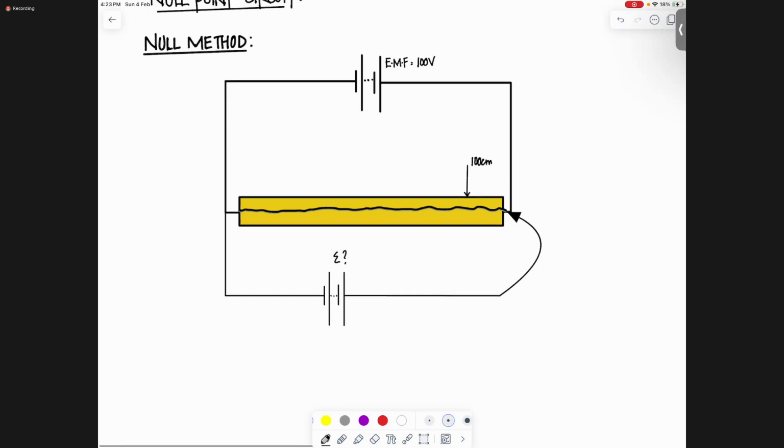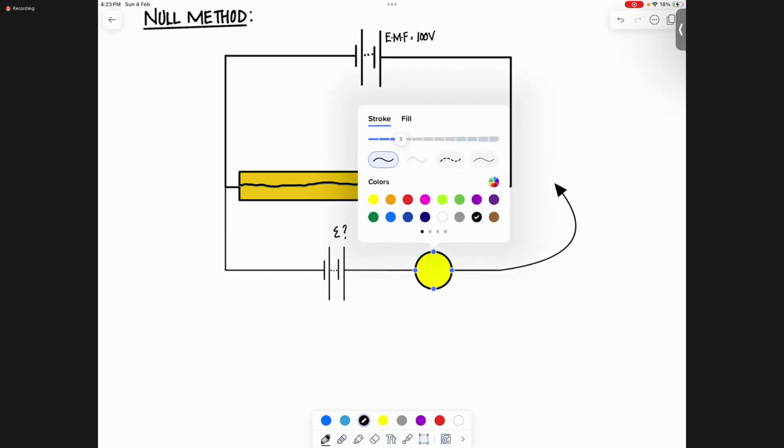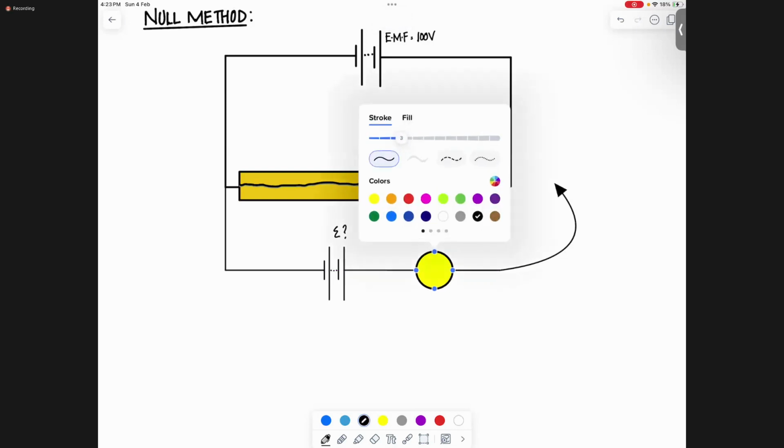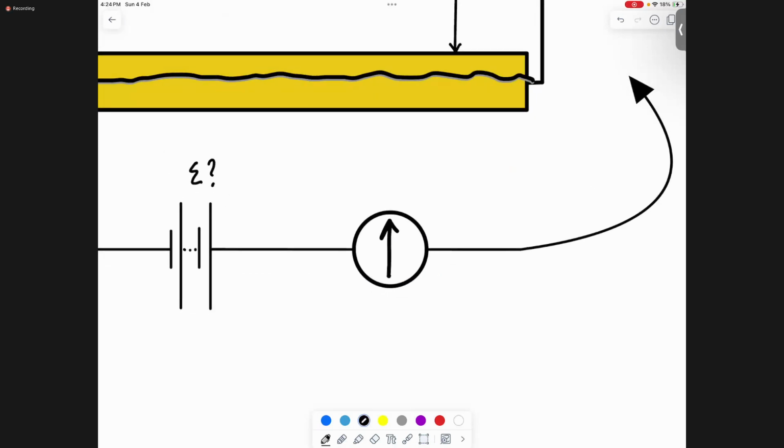Right. So let's try to understand how does this work. I will move this around here, right? I will move it, and what I will do is, I will connect a device here in my circuit. I'll place a device. This device is called a galvanometer. Okay, the device's name is galvanometer. Let me tell you what the device does, there's a pointer here. The galvanometer has a pointer here,